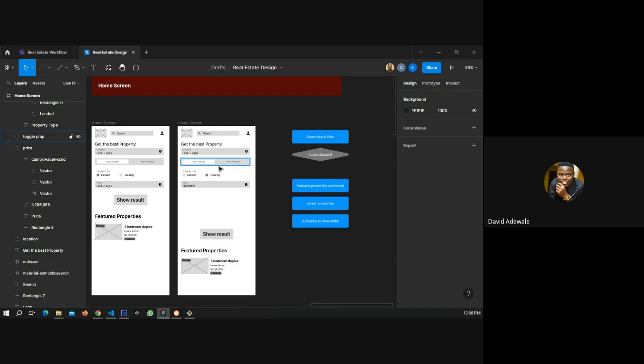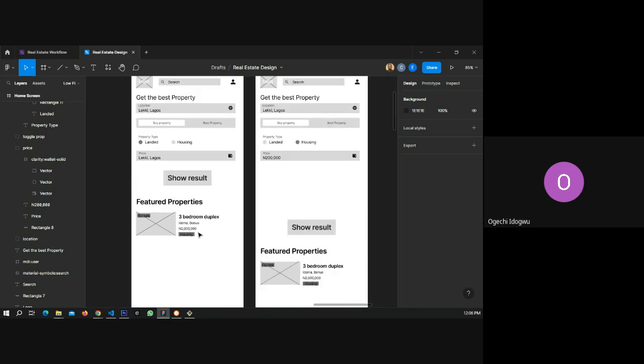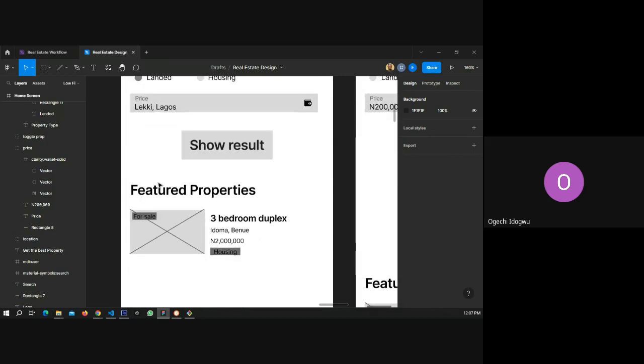Okay, go ahead. Sir, please, under the featured properties for the landed, is it not supposed to show just lands, or should it also show housing? For the first one we did, we are talking about landed. So the featured properties is not just supposed to show lands and locations.